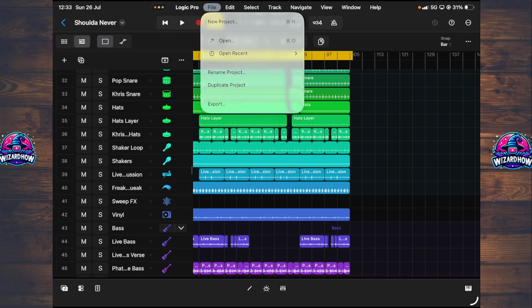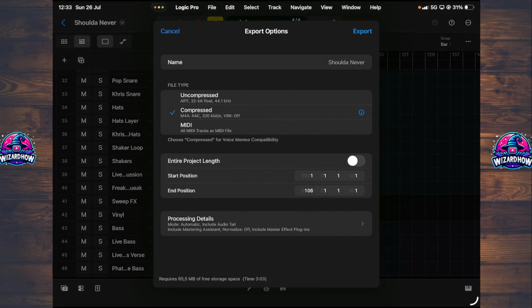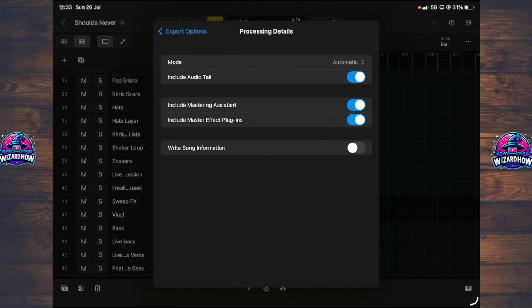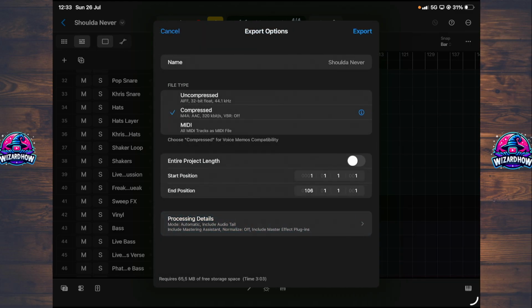go to the files and to export like so. Now what we need to do, we can select here file type, also okay, file type, so compressed, we can do that. Entire project length,